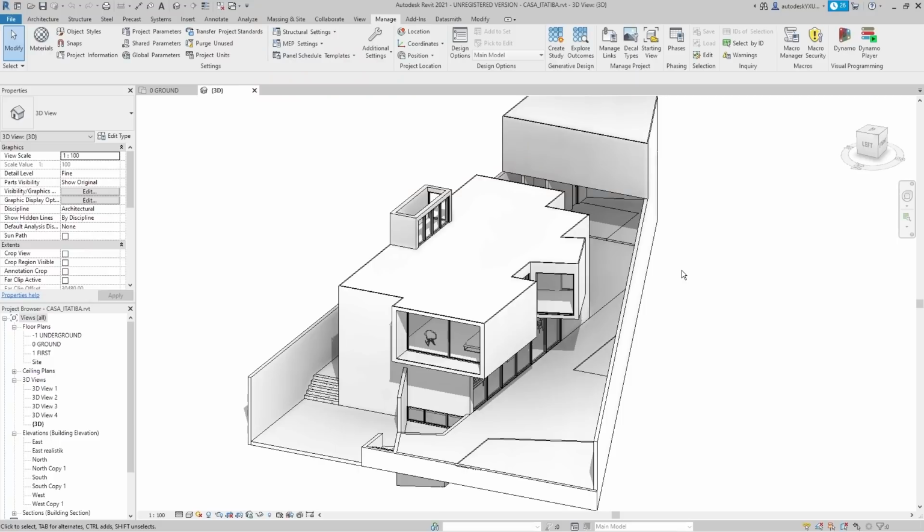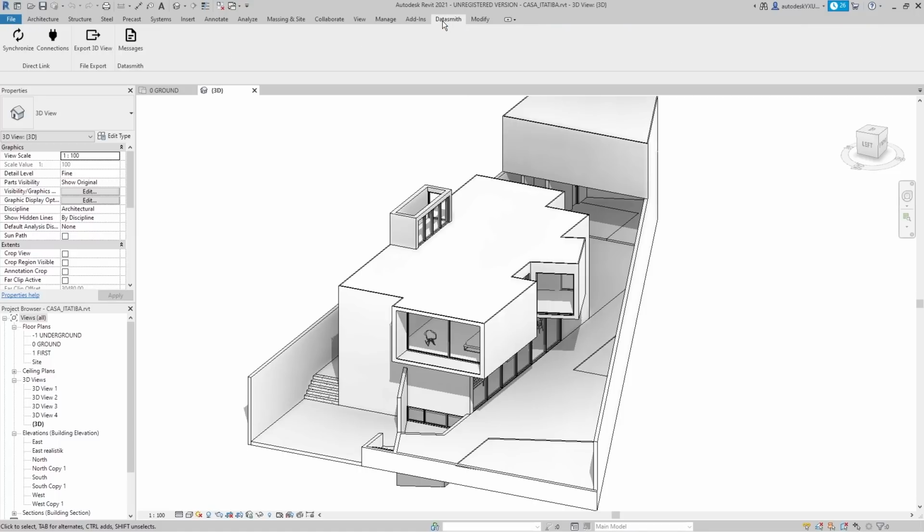Let's get started. Okay, so our first example I have loaded up here inside of Autodesk Revit, and it's basically an ArcViz scene that we're going to be bringing into Unreal and using the Visual Data Prep tool to make some adjustments to it on import, such as modifying materials, replacing assets, and things like that. So obviously we installed our plugins, and you'll find the Datasmith plugin at the top here on this tab. This plugin will allow us to make a direct connection into Unreal, but we're not going to be using that. Instead, we're going to be using this Export 3D View option here.